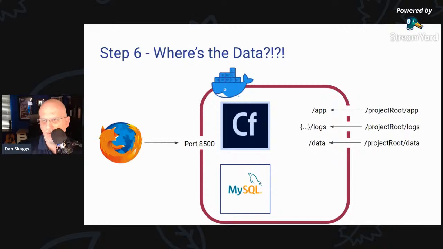So what we want to do is set up yet another gate, and tell Docker, all right, the default var lib database folder that MySQL uses to put its data files in, put that out on our host file system in the database folder in our project root. So just like we did with the app folder and the logs and stuff, MySQL is going to store its data files out on